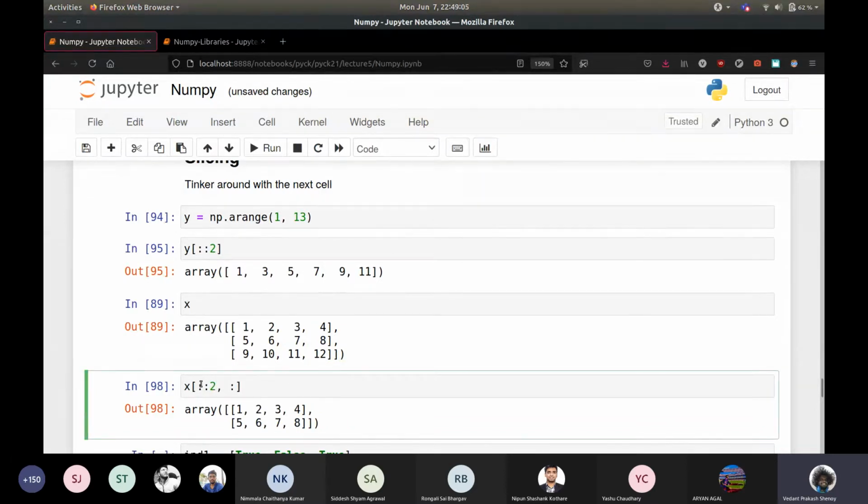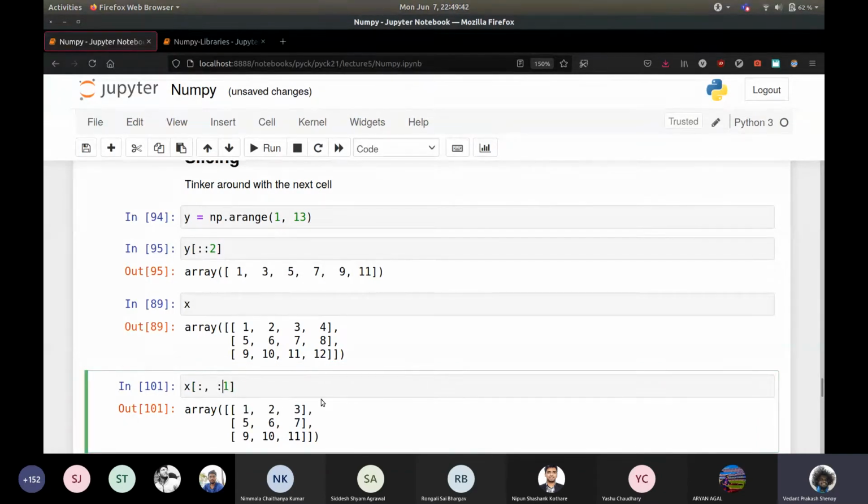And if you do something like this, then this will take every second row starting from the first one, right? So it will give you 1, 2, 3, 4. It will skip the second row. Then it will give you the third row, 9, 10, 11, 12. Okay, and till now we've been keeping the columns constant. We can change that as well. So we can do this. This will start from the second column onwards. And if you do -1 like this, it will exclude the last column.